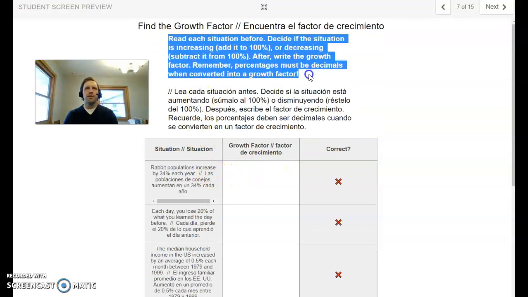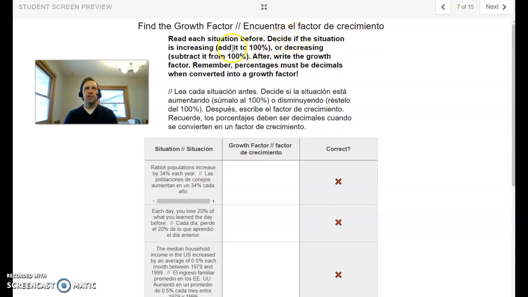Read these instructions, right? If it's increasing, we're going to add that percentage to 100. If it's decreasing or decaying, we're going to subtract it from 100. And then we need to turn that percentage into a decimal. All right, so this says the rabbit population increases by 34% each year. So to increase by